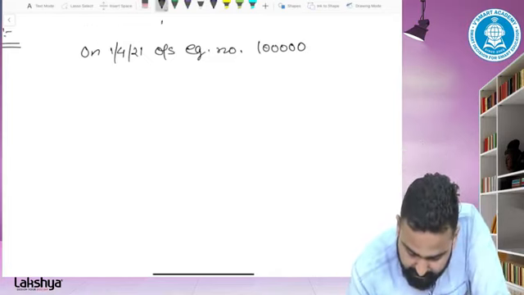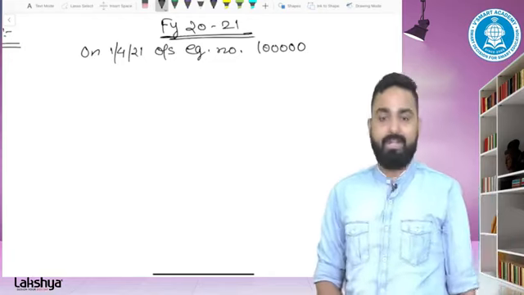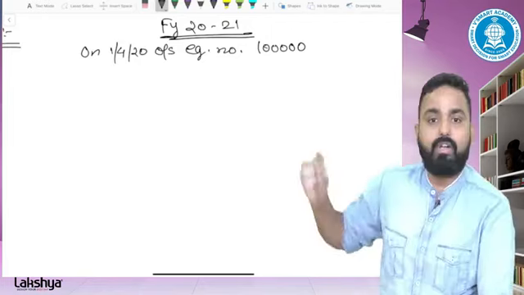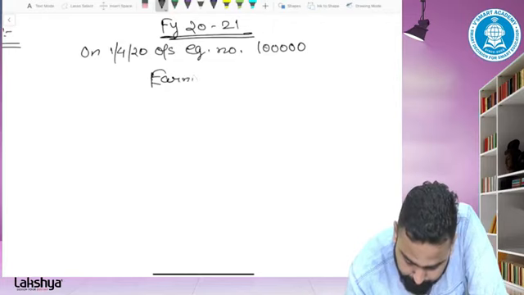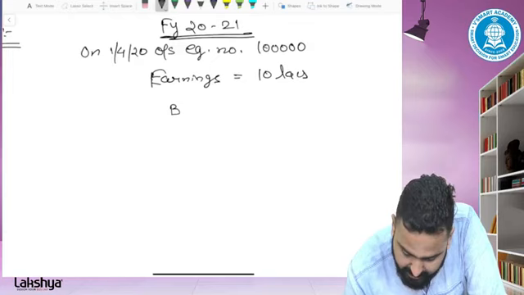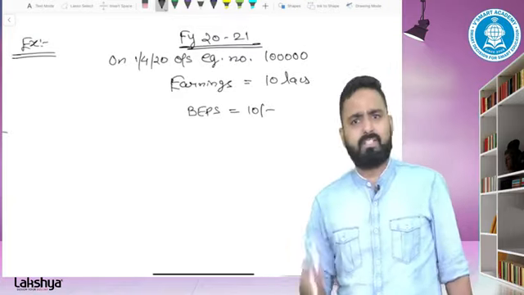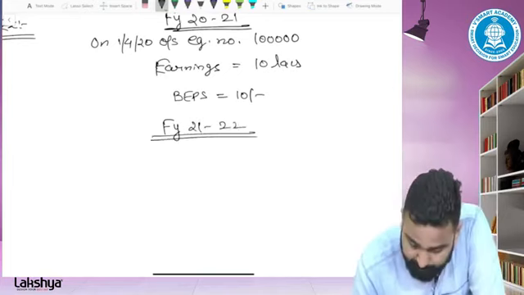Not current year, let us take financial year 2021. Outstanding equity numbers 1 lakh. And earnings were 10 lakh. So basically the EPS is 10. It's very simple. Now in the next year, financial year 21-22,